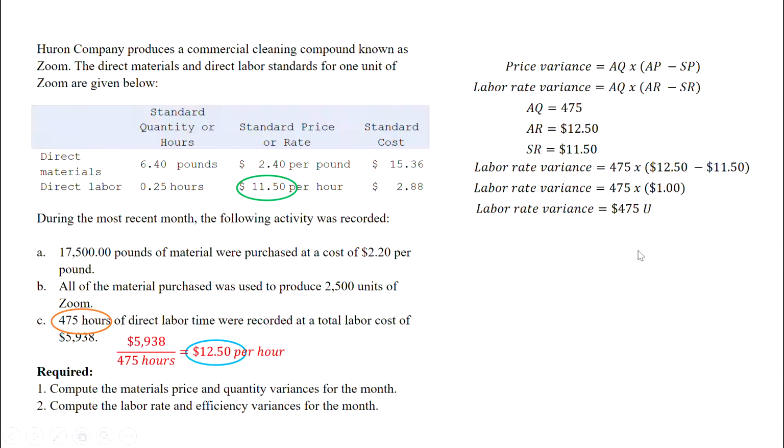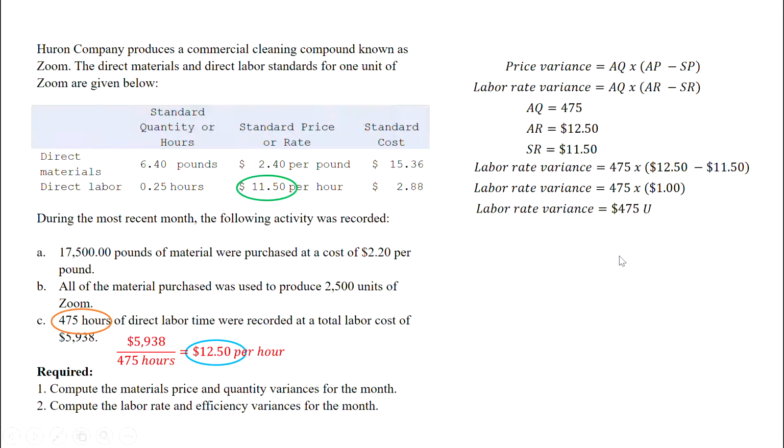Again, let's think about this. Who's typically responsible for this? It's typically going to be between production and human resources. What could have caused us to have an unfavorable rate variance? Well, it might have been that we just were more generous and gave our employees a raise that we didn't necessarily anticipate. It might be a union environment and they negotiated a higher rate than we anticipated with their latest